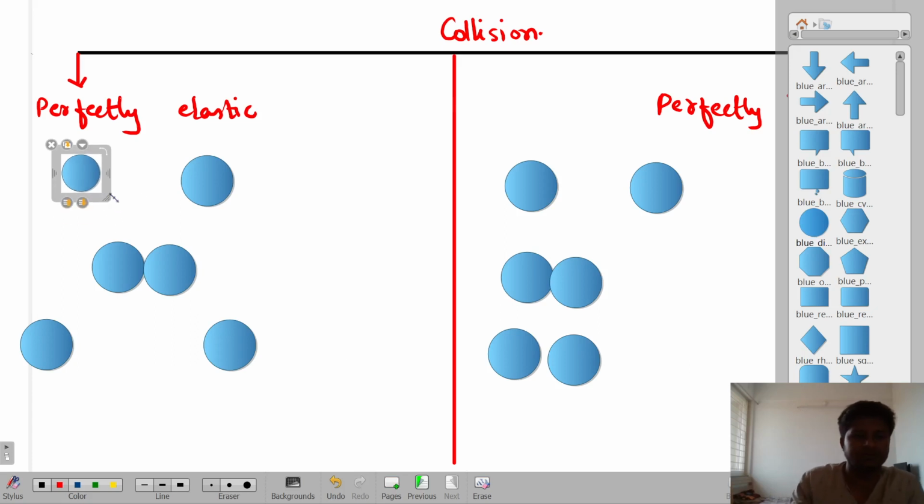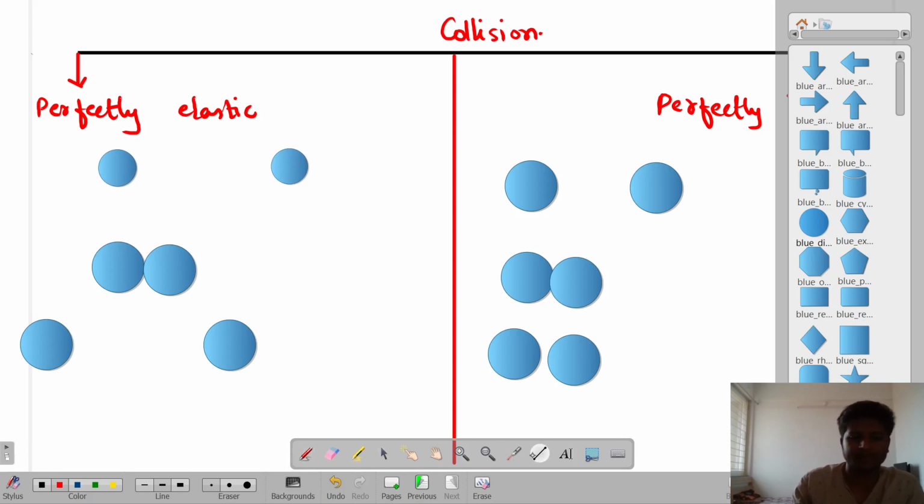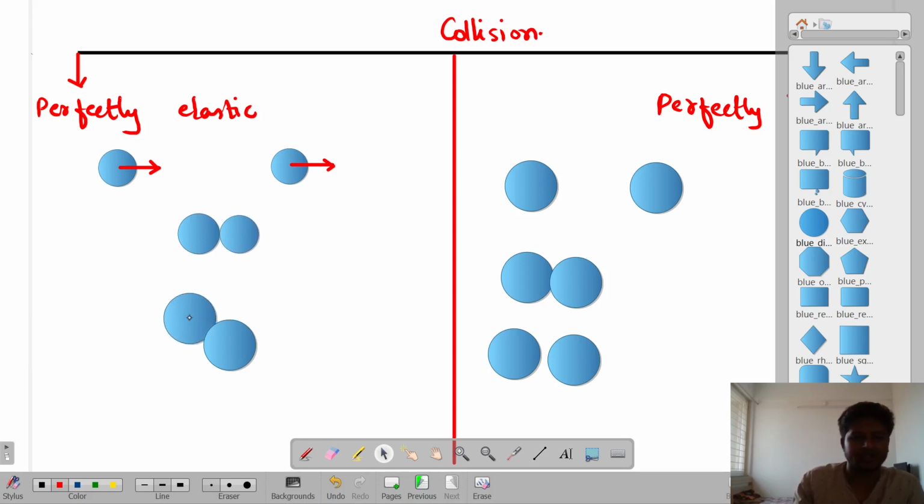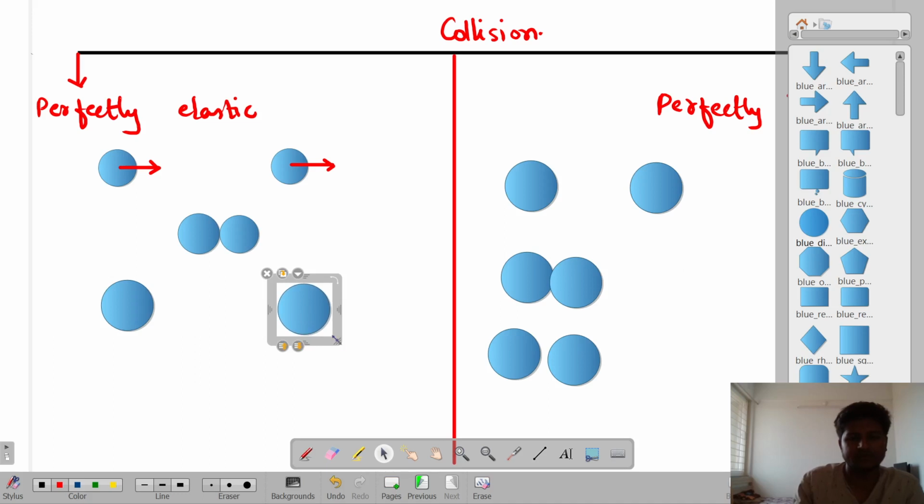So we have, let's suppose there were two bodies which were moving with some velocities, and then they got collided. So if they collide, what will happen? We know that, sir, something or the other will happen, isn't it? So we will talk about that. So when they collided, let's suppose they got collided over here, and then once again they got separated.